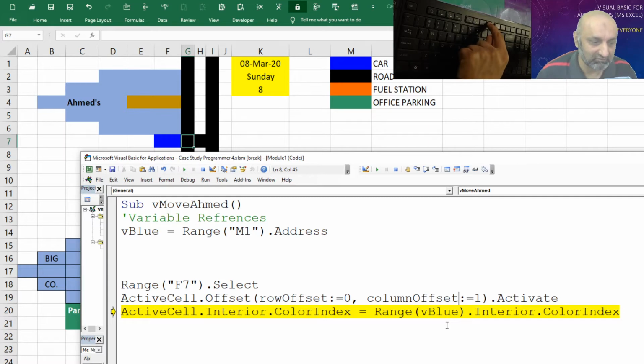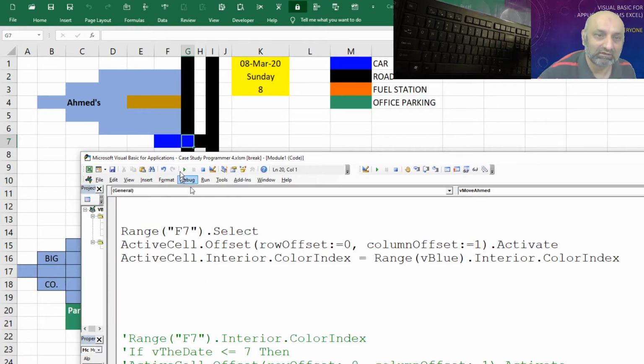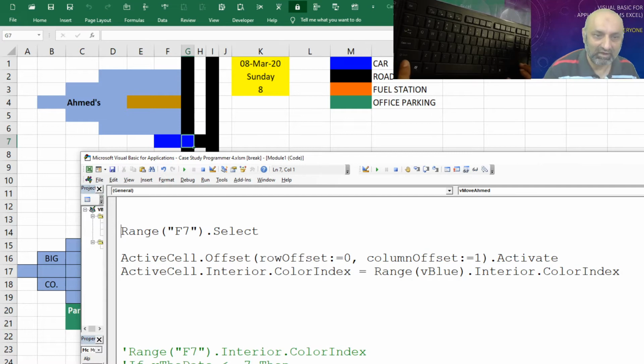If I execute this, you can see that G7 is blue. But what is missing is that F7 is still blue. We don't want F7 to be blue. Once the cursor is moved from F7, F7 should be white. So before moving, we have to make it white.